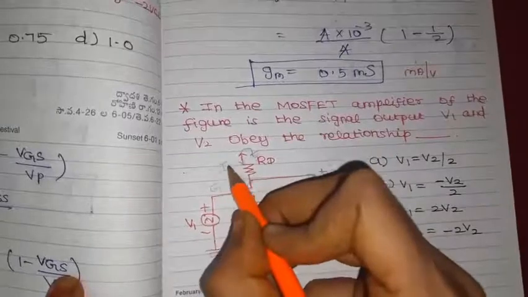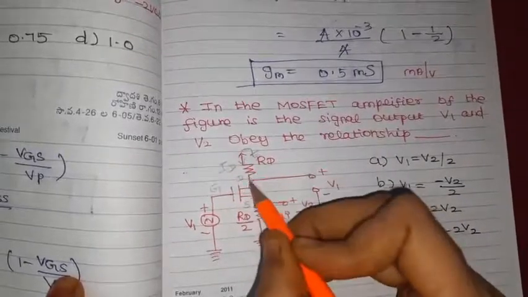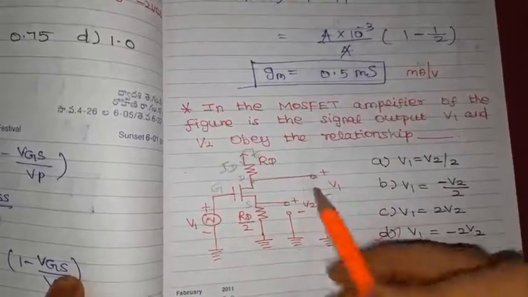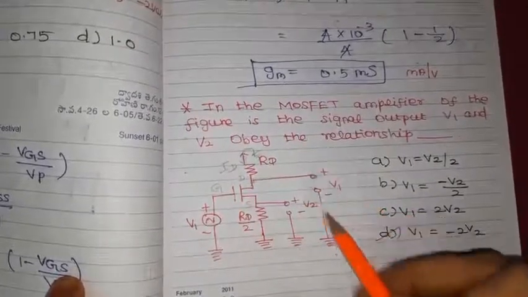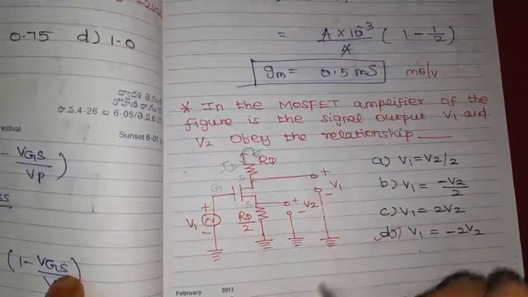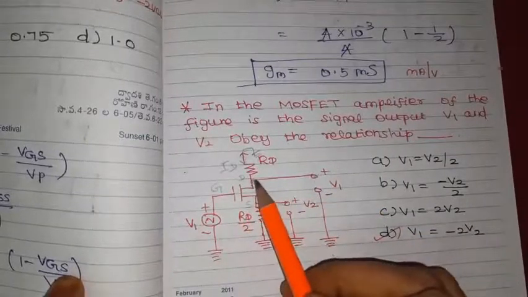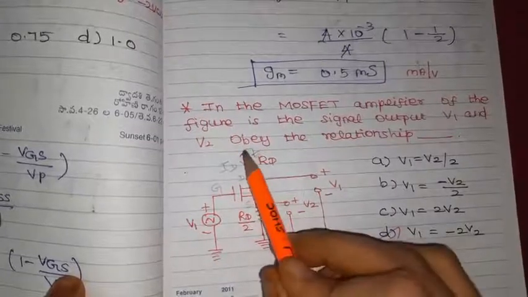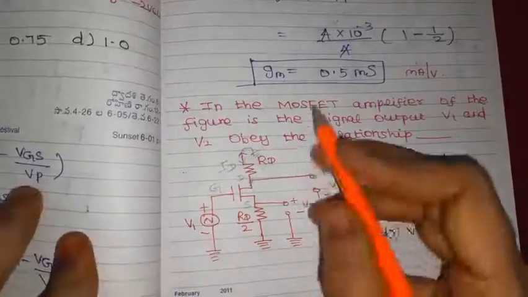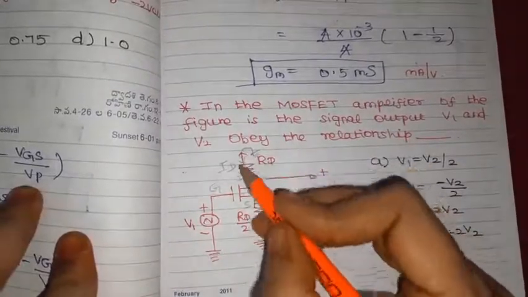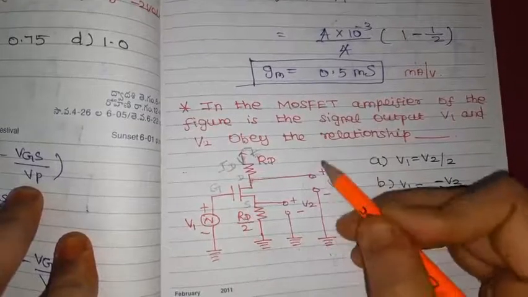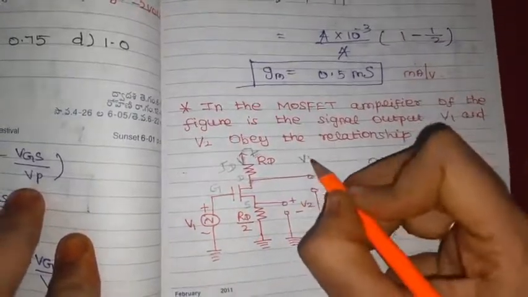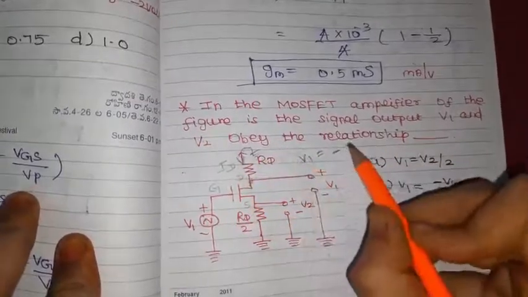ID. This to this. From D to this. So actually this to this only is given. From D terminal to ground, V1 is across. We can find from this to this terminal. This D terminal is connected to ground, but the current is flowing opposite. Current is flowing in this direction, but we are going to find from this direction. So it is opposite. So V1 is nothing but IR, that means minus IDRD.